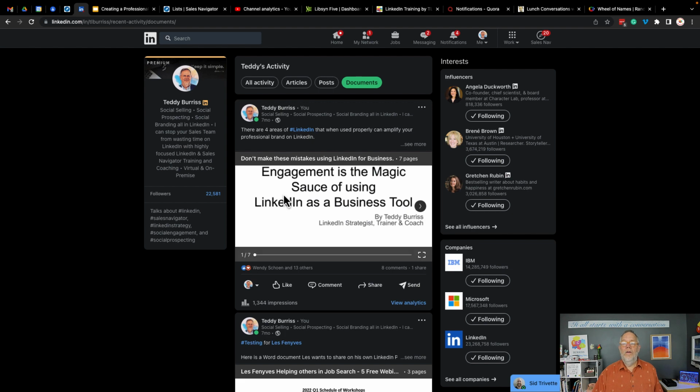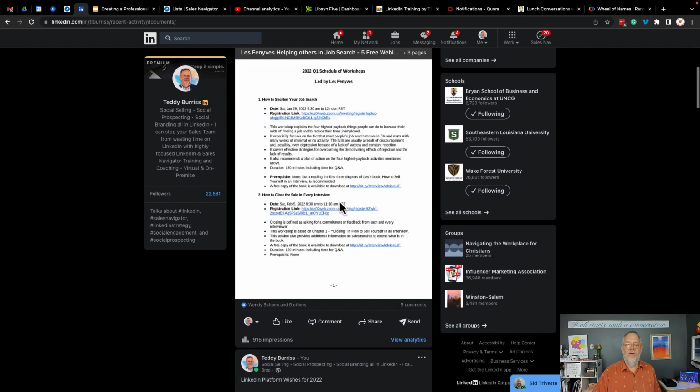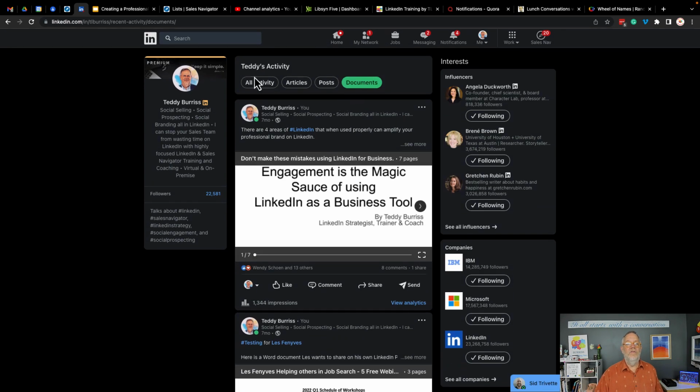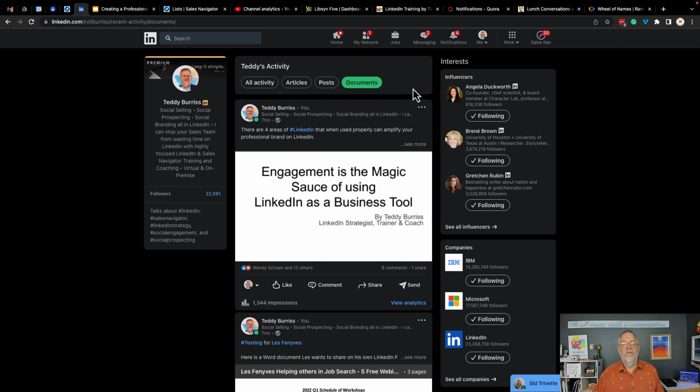These are all the Word documents, the PowerPoints, the PDFs, Excel spreadsheets, et cetera, that I've saved for people to be able to look at as documents. I wish there was a link right here for live. Wouldn't it be cool if you're a content creator and you're doing LinkedIn Live, you have a button that takes me to all my lives? That would be pretty cool.